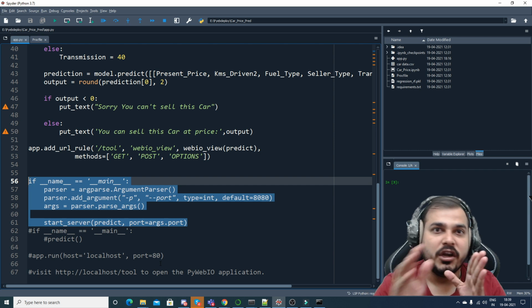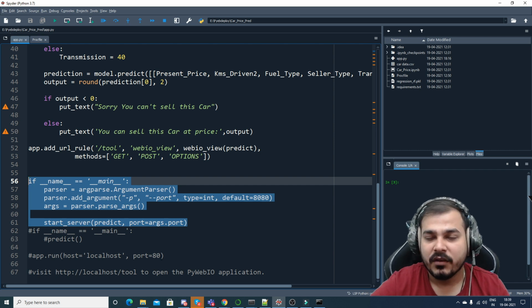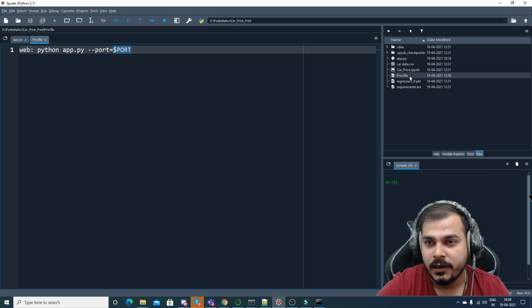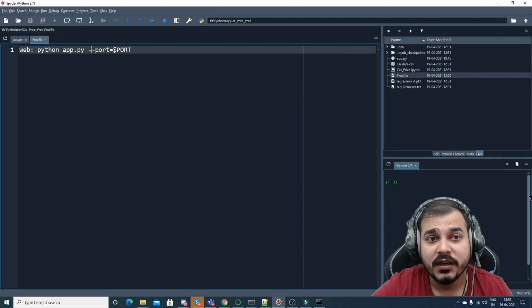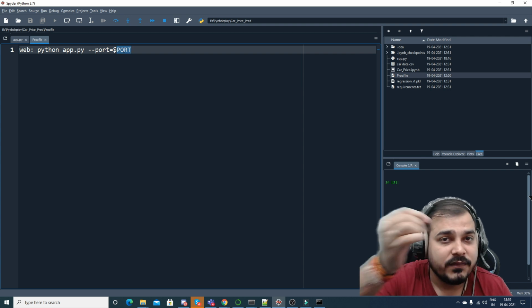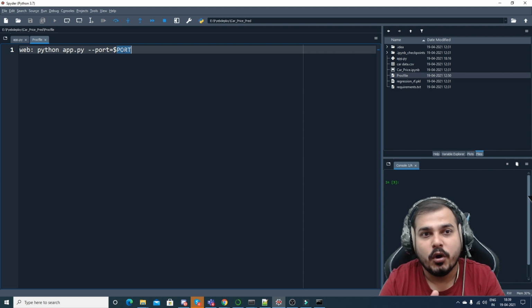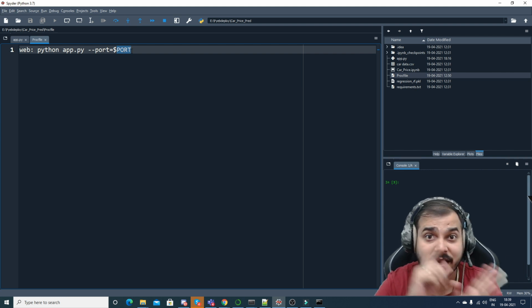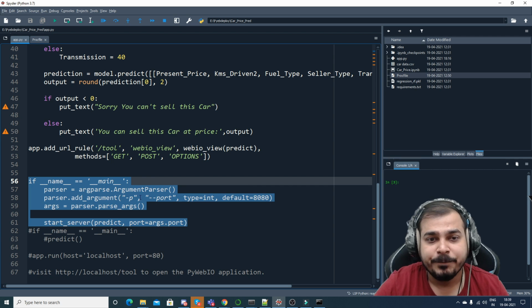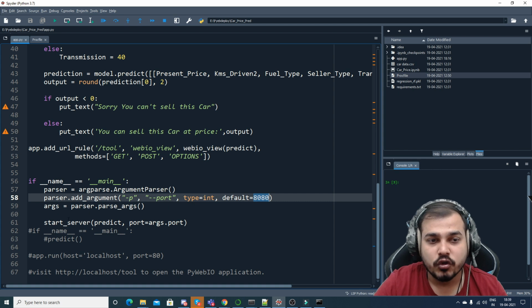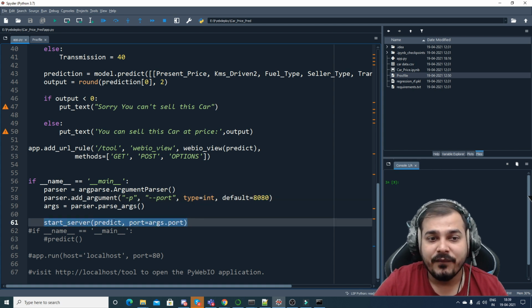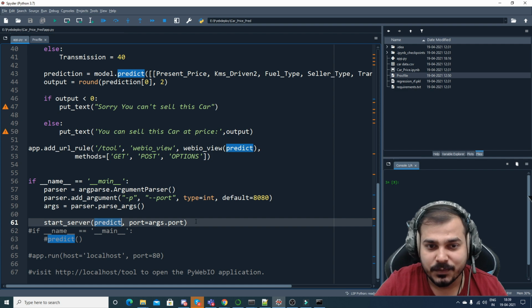Now whenever you're trying to deploy on the Heroku platform, first of all, you need to take care of the Procfile. This Procfile says you have to write web: python app.py, because this app.py is what I'm going to run. There I'm also going to give my port number, and this $PORT that you see, right? Suppose the cloud initializes some kind of port, by default that port will be written over here and it will run on that specific port. Other than that, if that port is not given, we'll take the default port 8080, and then we are just going to start_server and call this predict function with this port number as my port value.